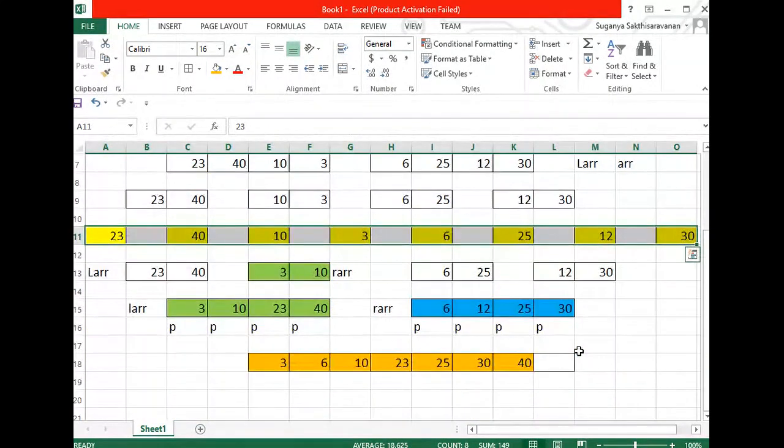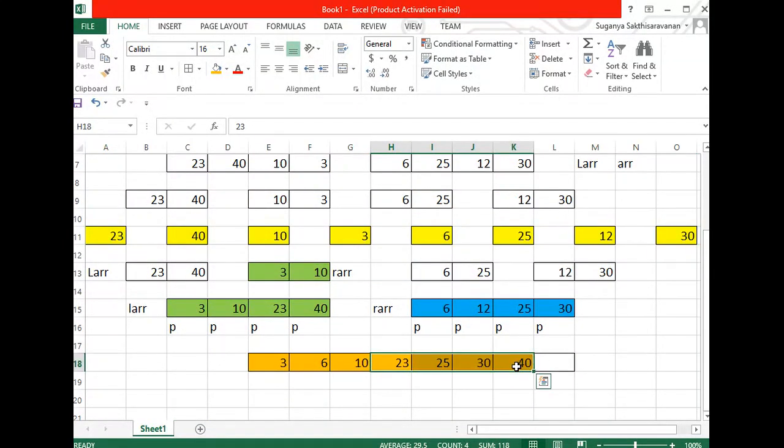We left out 12. Where did we leave out 12? I guess we left out 12 somewhere. We'll place this 12 here. During the calculation part, I left out 12 somewhere.